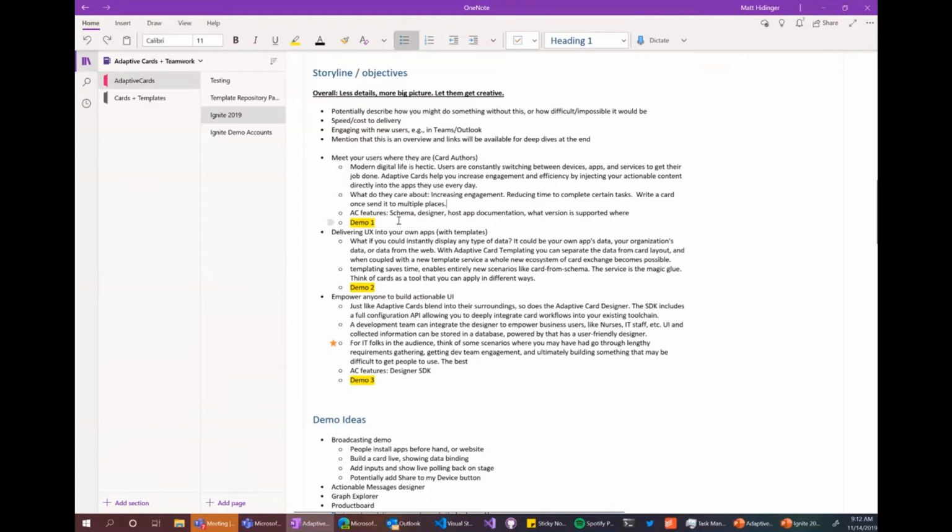And then we go into the first demo, which is really just showing Outlook actionable messages. And that's just my favorite consumer-facing demo. We build a poll. The poll immediately shows up on my iPhone in Outlook, and I can act on it right there. I can click an option, hit submit, all within the email. And it's just the best use case of adaptive cards, and really helps you increase engagement to things like that, because changing user behavior is hard.